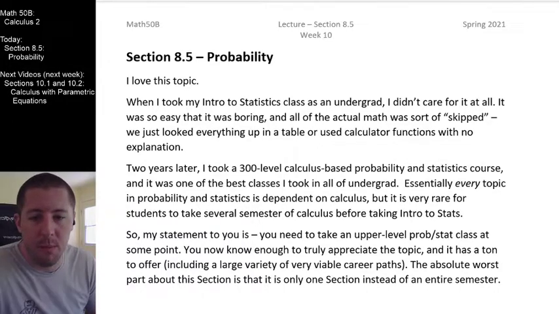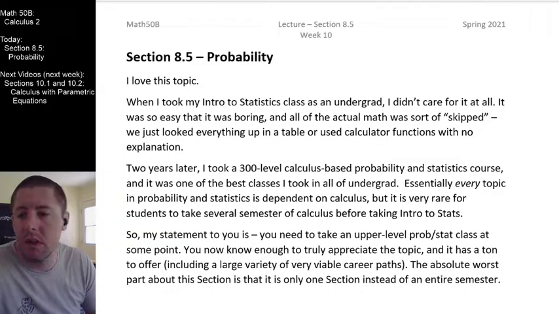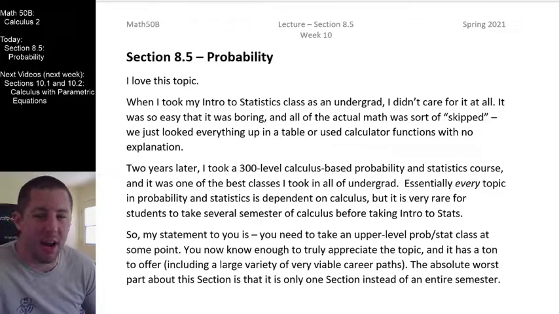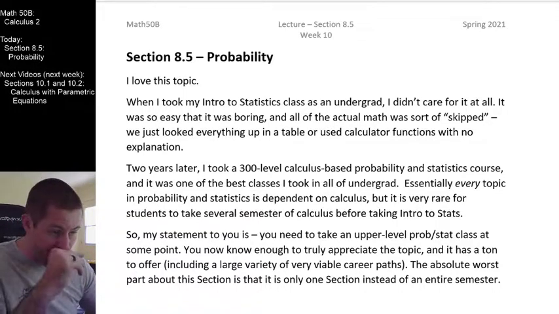So that's my pass-off advice to you: as you finish your 4 year degree somewhere else, whether it's part of your degree program or not, take an upper level class in probability and/or statistics. If you've already taken intro to stats at CR, most math people I talked to didn't like the class, and I get that. Give it a second shot now that you know a bunch of stuff. Check out what the upper level things have to offer. I found it to be one of the most fascinating classes I took in all of undergrad, so I highly recommend it. You should look into it.